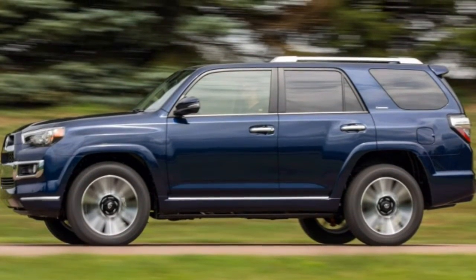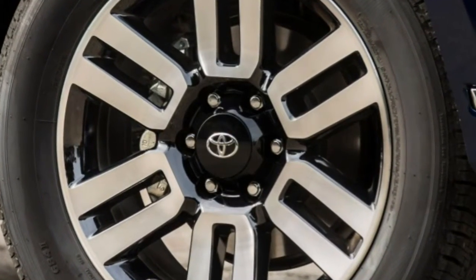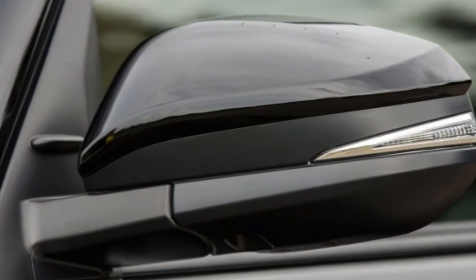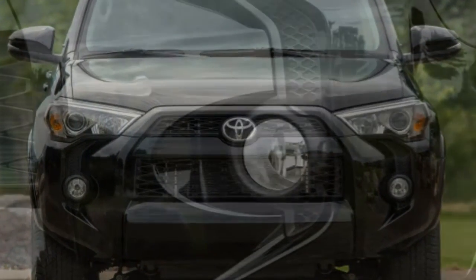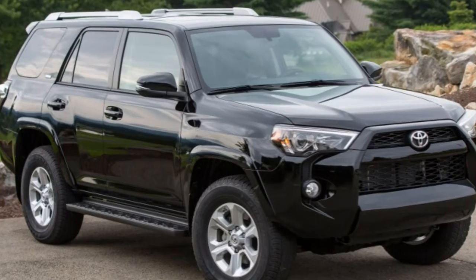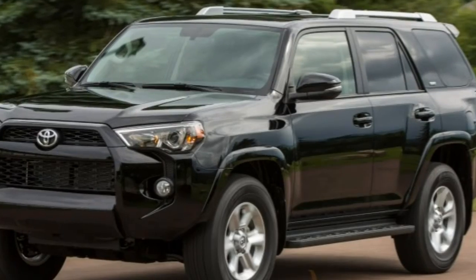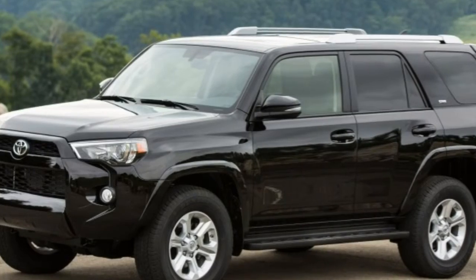Body styles, trim levels, and options. The 2015 Toyota 4Runner is a mid-size SUV offered in 4 trim levels: SR5, Trail, TRD Pro and Limited. The SR5 and Trail are divided into standard and premium sub-trims. 5-passenger seating is standard, but an optional 50/50 split third-row seat on the SR5 and Limited models raises capacity to 7. The SR5 comes standard with 17-inch alloy wheels, skid plates, mudguards, a tow hitch, hill start assist and hill